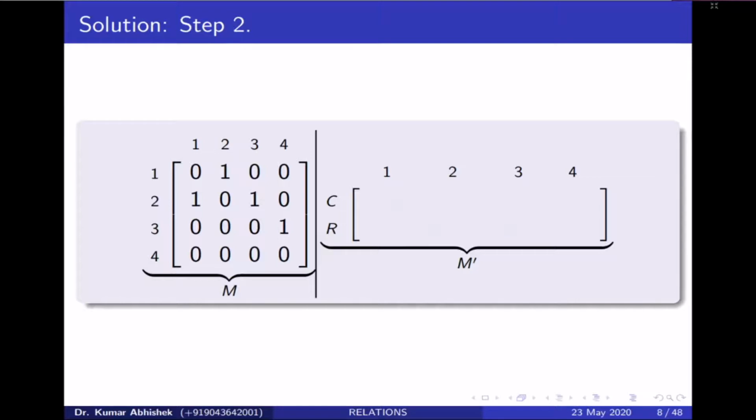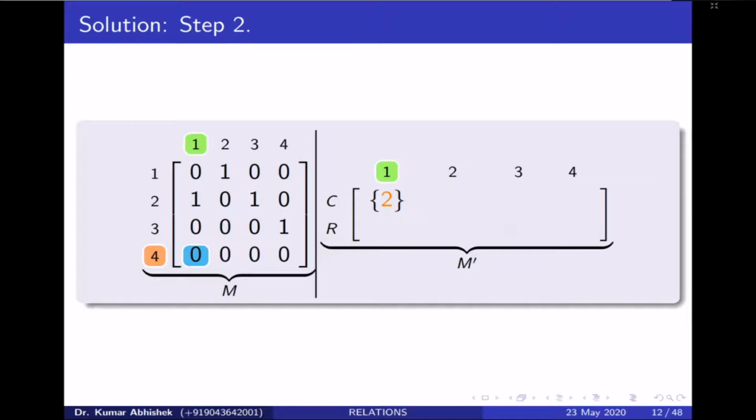So we begin filling the entries along the columns of M dash by using the data available in the matrix M. You can see here that the first entry along the row under column 1 is 0, so there is no entry. Now the entry under the second row, under column 1, is a non-zero entry, so we record its position under column 1 of M dash. For the remaining entries, they are all zeros, so there is no further entry to be made under the first column of M dash.